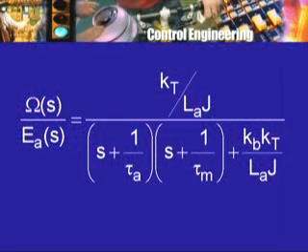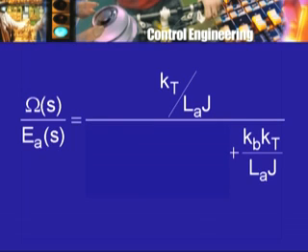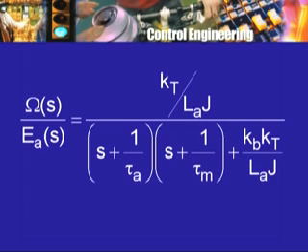So what does G0 become? Now if you look at the expression for G of S, this is the expression for G of S. So when I put S equal to 0, this S cancels, this S cancels, and I will get some expression remaining, and therefore it is that coefficient multiplied by E which will give me the steady state speed, or once again the part of the steady state speed that depends on the applied voltage.